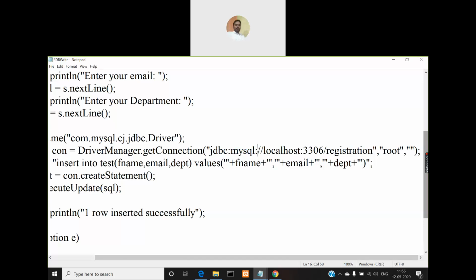So that will be referred with two forward slashes and followed by localhost followed by a colon symbol. There is 3306, which is the default port number for MySQL server on any system. So this will be the same unless you change it during installation, right? So by default you will have 3306 as the port number through which your MySQL server will be communicating with